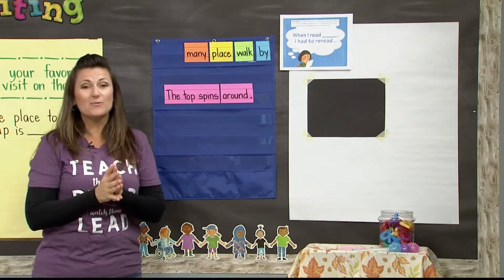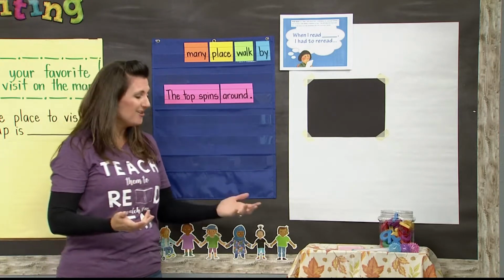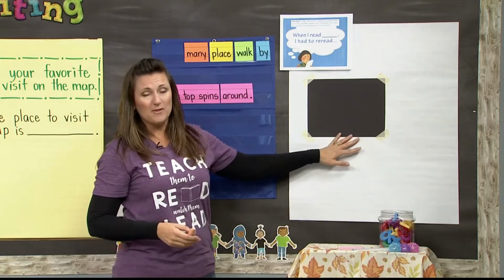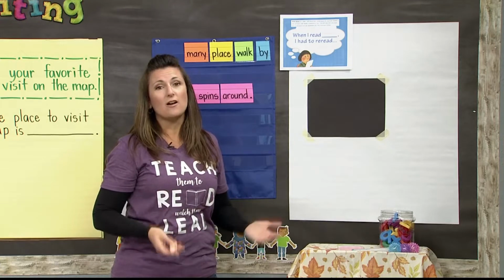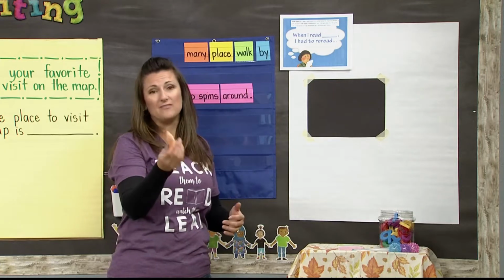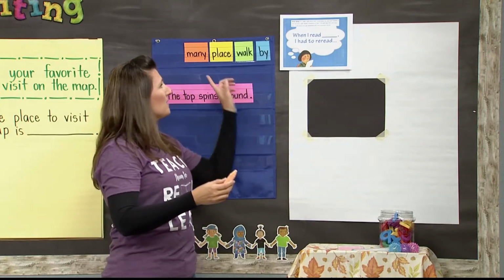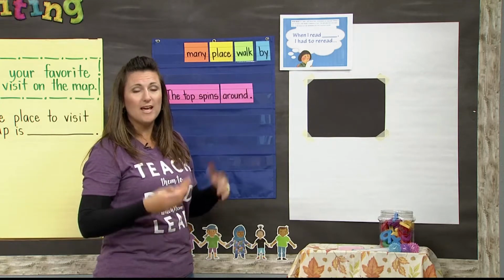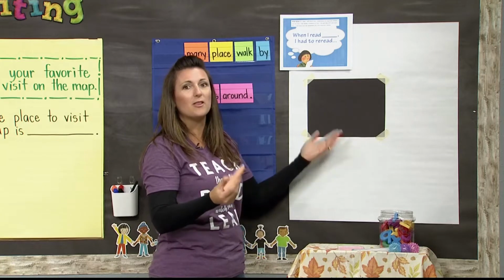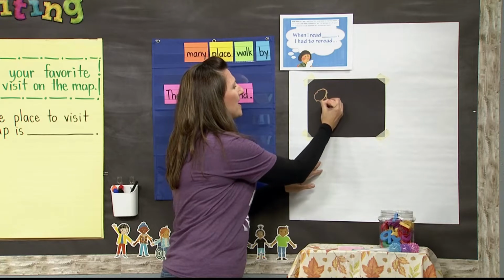Okay, today, here's what we're going to do. We've talked about different ways that we can practice our words, and here's just another way. You could do this on a piece of paper like what I have here, or you could take your chalk outside and practice writing it on the sidewalk, and I just have a piece of sidewalk chalk. You can buy anywhere. So I'm going to take my word around and practice writing it on a piece of black construction paper, and look how cool this looks. It's big and bright, and I can go